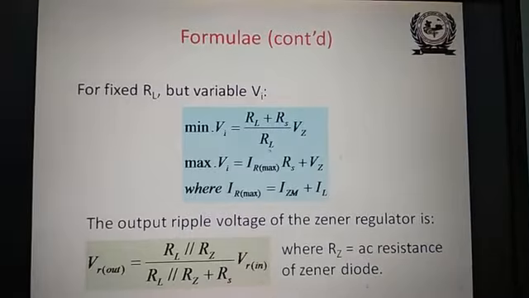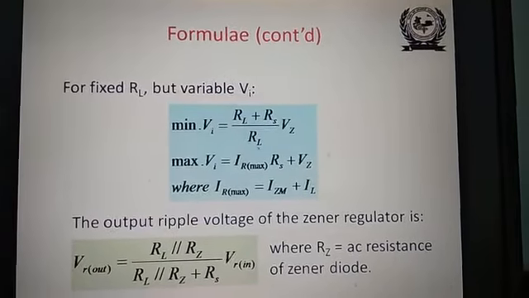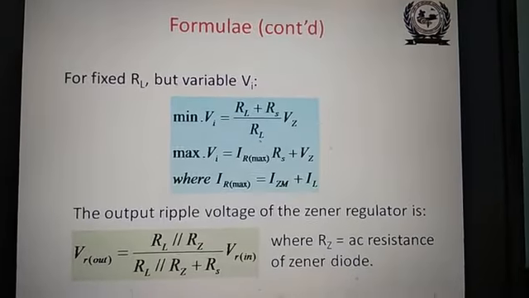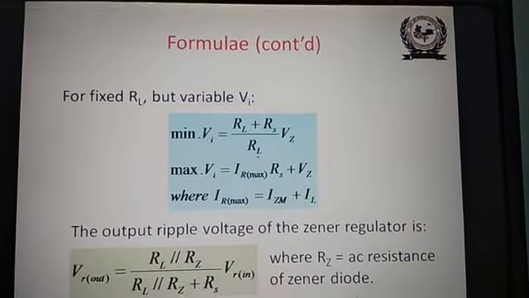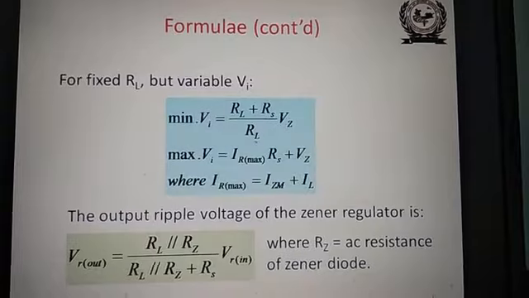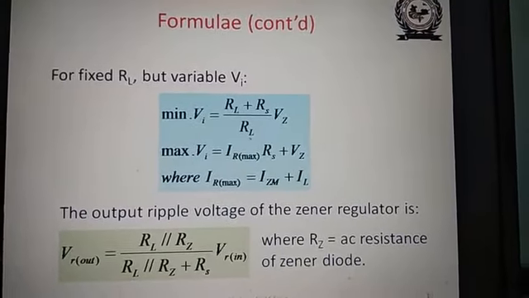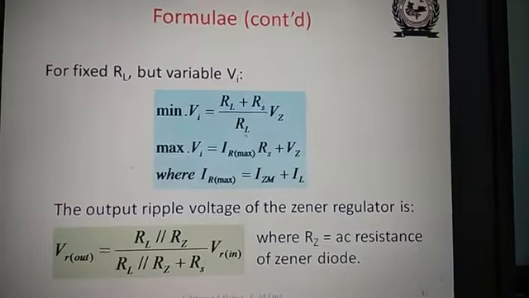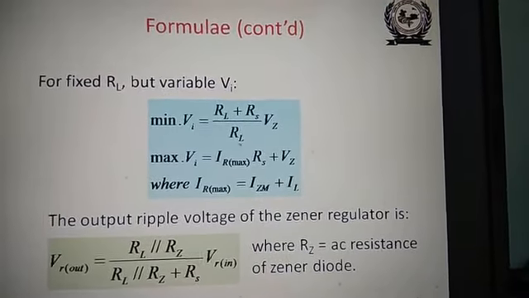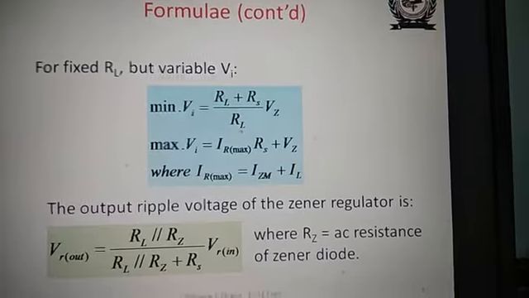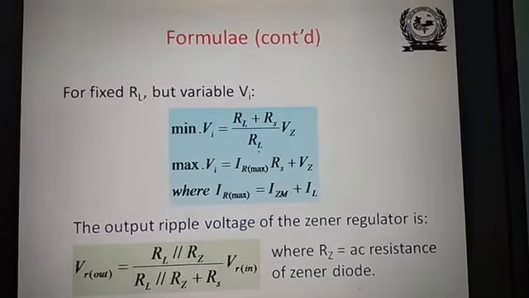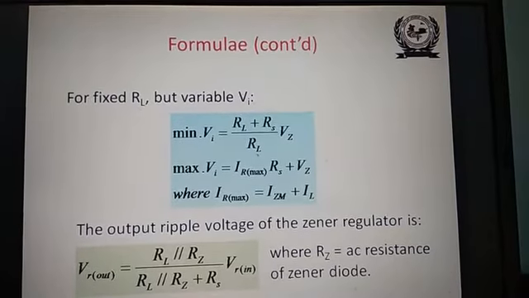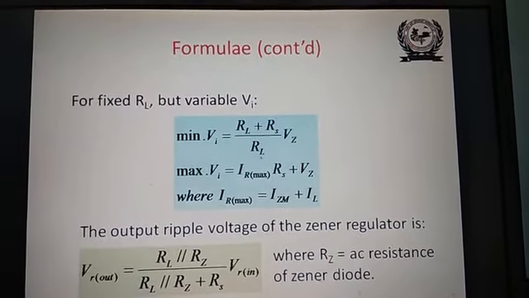So dear students, kindly go through the Zener diode regulator, because I have seen in your examination papers that the Zener diode regulator was asked. So you can draw the circuit of the Zener diode regulator, explain its operation, and use these formulas to calculate its values. Okay? If you have any difficulties, kindly ask me at any time, please.